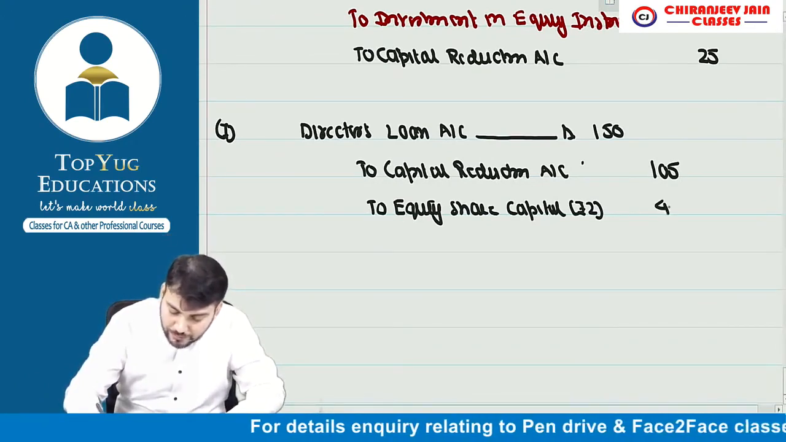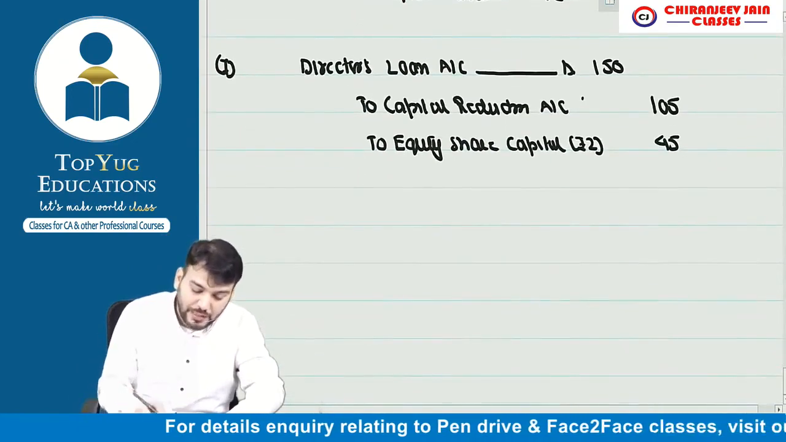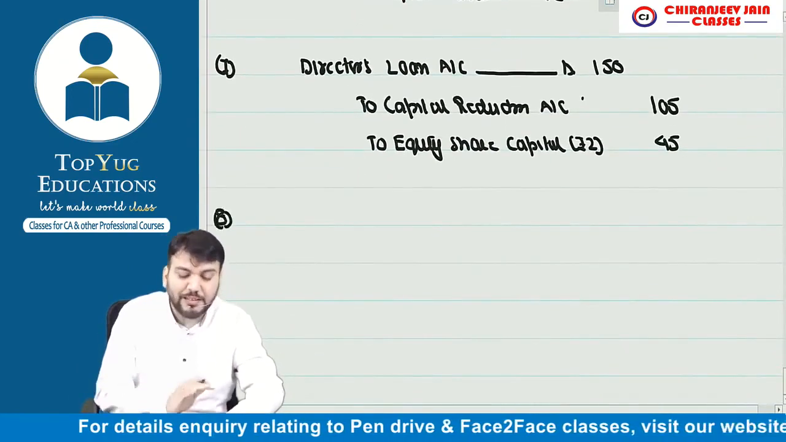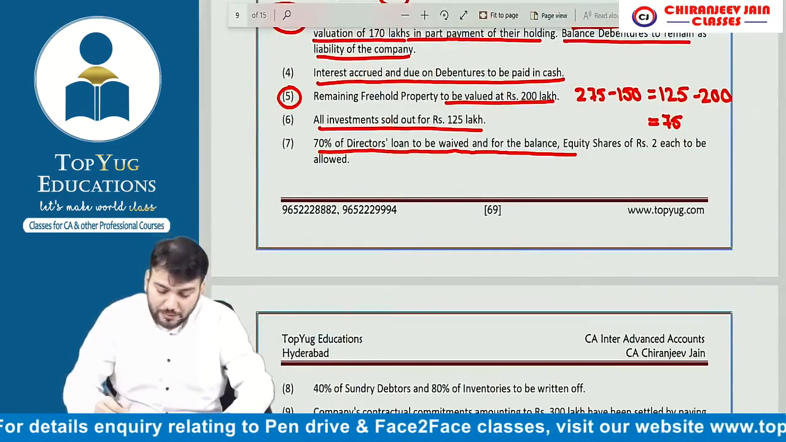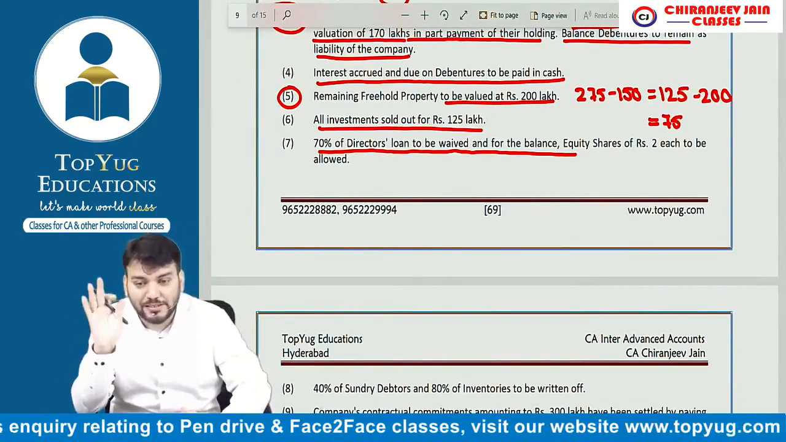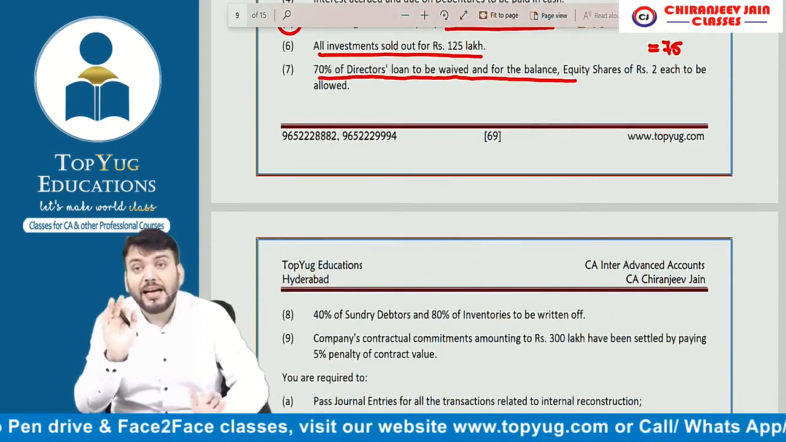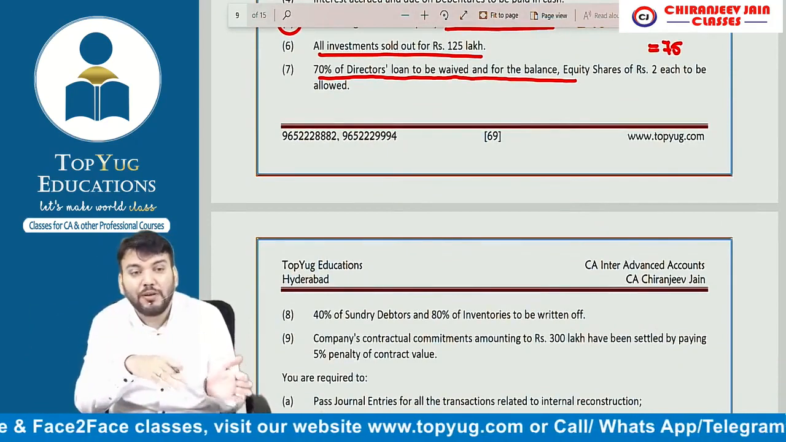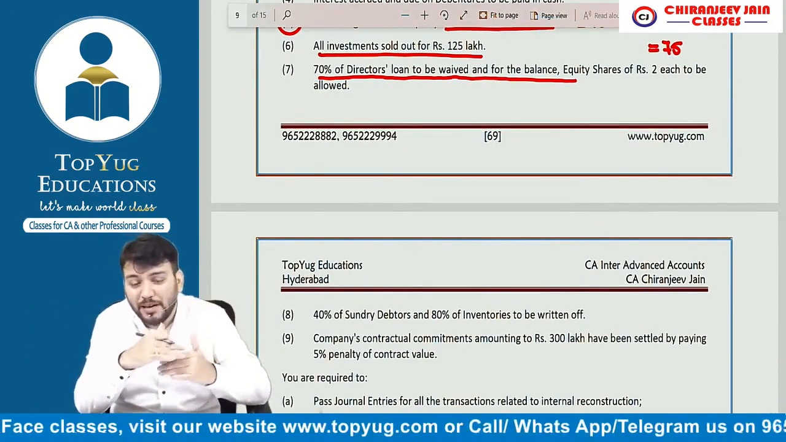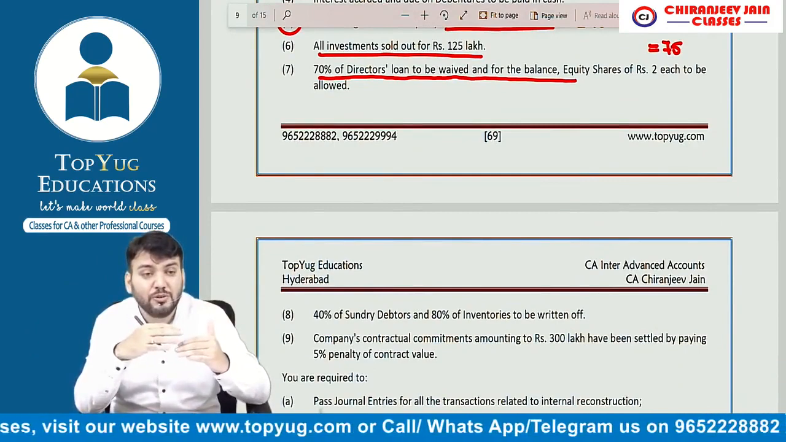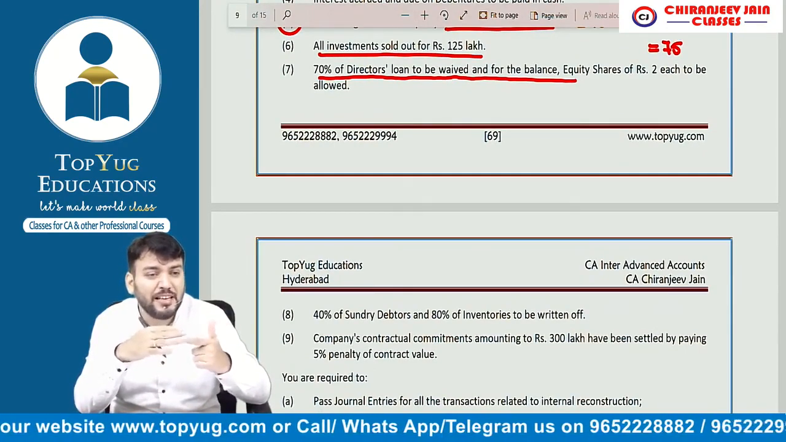45 lakh, correct. This also done. Very simple. Means there cannot be an easier chapter than this. I think you must be understanding how easy this chapter is. Advanced accounting is easier than accounting. In accounting, whatever chapters we had, single entries required more